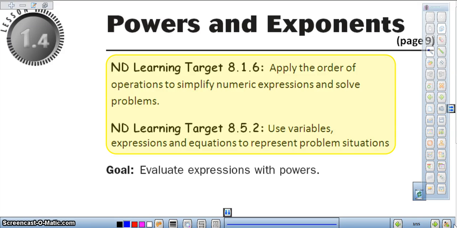In tonight's lesson, you're looking at powers and exponents. So as you watch the video, you're going to be looking at our order of operations and evaluating expressions and powers. As you are working on this,